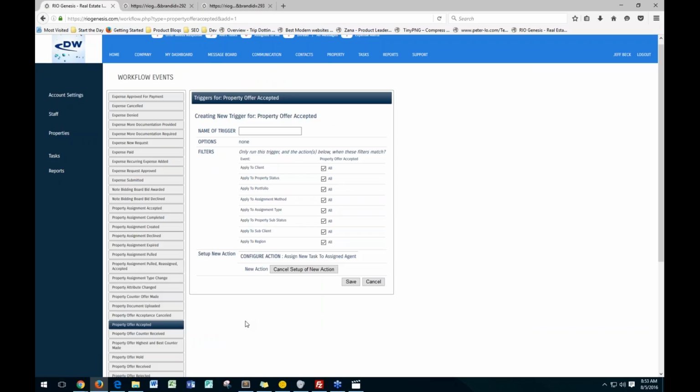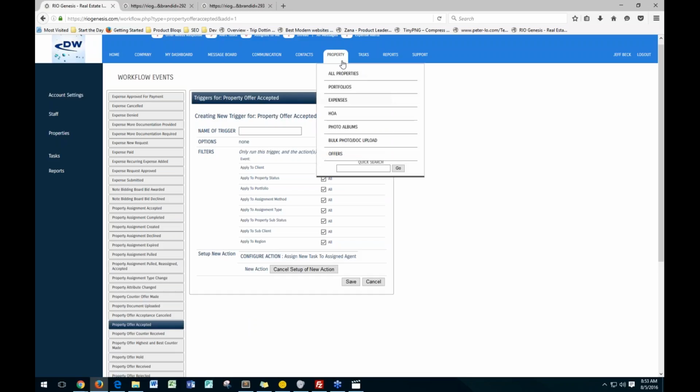So yeah, anything like that would be handled through workflow, especially if it's a repetitive thing that happens all the time. Right. And you want to do that in workflow, so you would task them pretty much, as soon as the offer is accepted, to fill out the documentation. And you can even, I mean, honestly, one thing that you could even do,